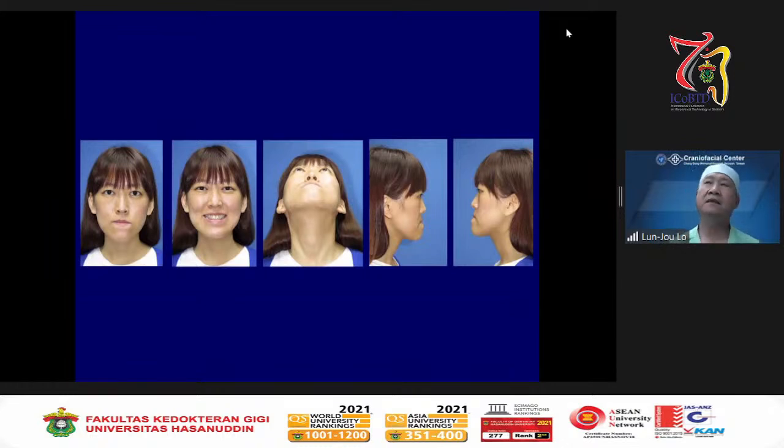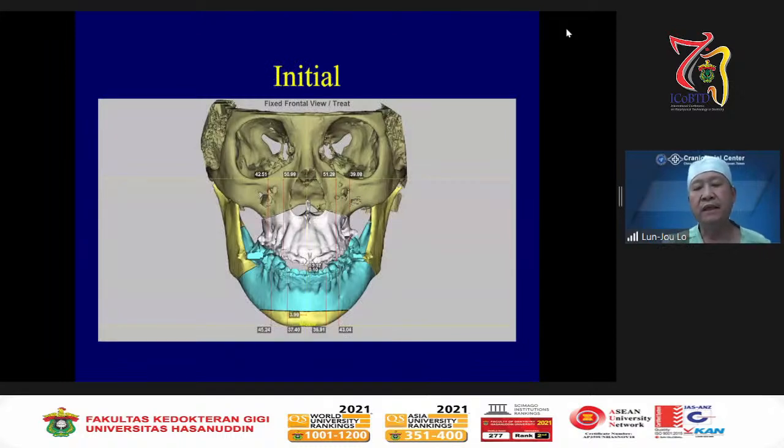Now this is a typical, common young lady with class 3 malocclusion, and she came for orthognathic surgery in order to improve the occlusal relationship as well as the facial appearance. So step by step we do this surgical simulation. This is also using Dolphin, and the default BSSO and genioplasty